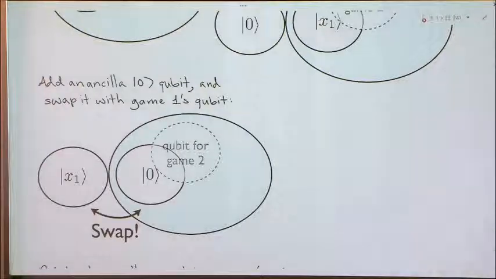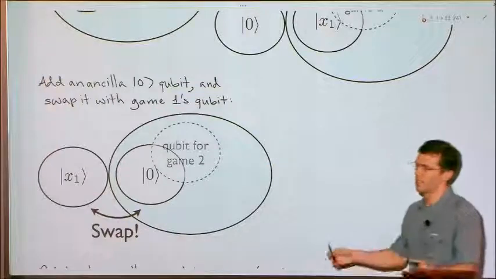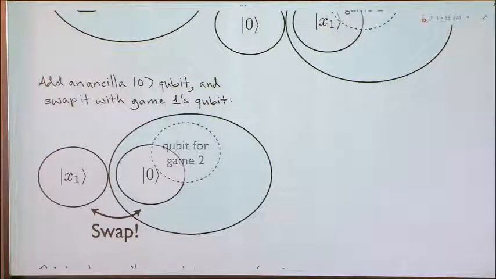And you see, for free, by definition, games 2 through n are in tensor product with the qubit used in game 1. And they can't overlap that qubit because we swapped it out into a fresh position. There's no overlap with it anymore. So I've defined this strategy, and it is in tensor product. Every qubit is in tensor product with the qubit used in game 1. And of course, we can generalize. We can extend this to make sure that every qubit is in tensor product.